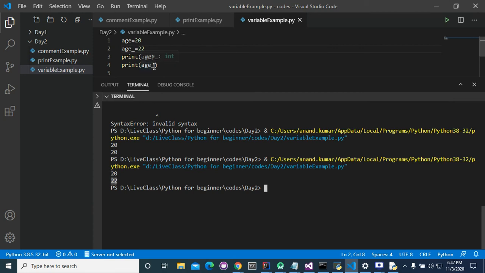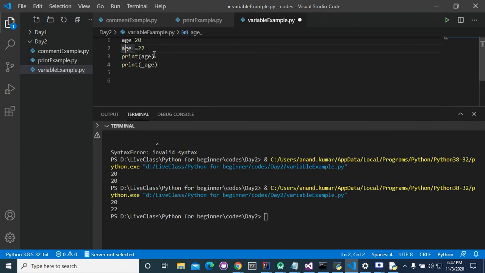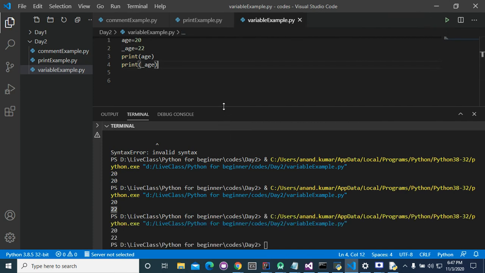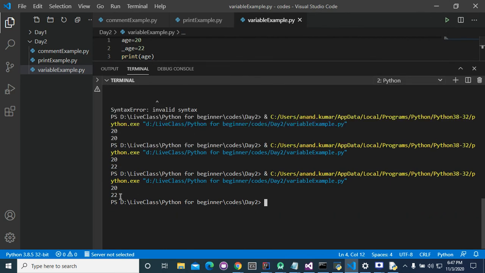It is not giving you an error. You can use underscore as the first character of the variable too. No, it is also not giving any error.